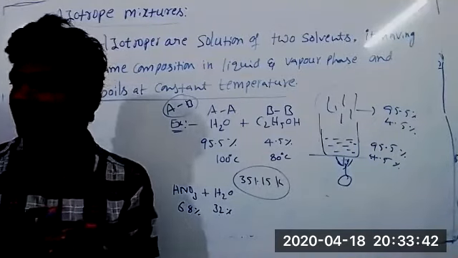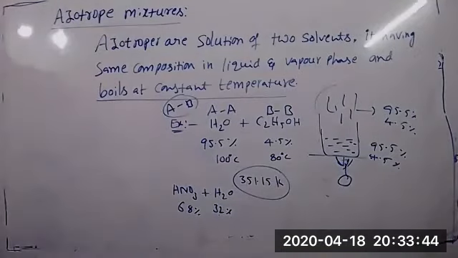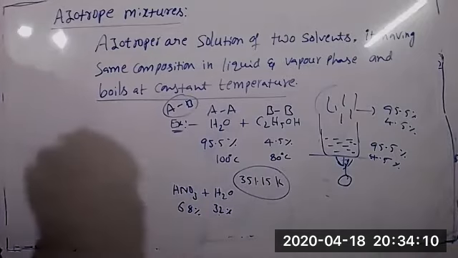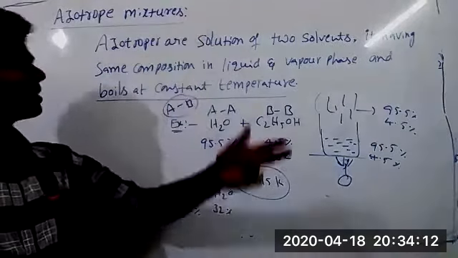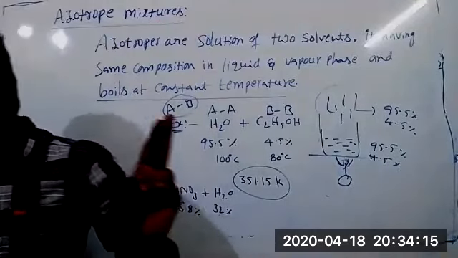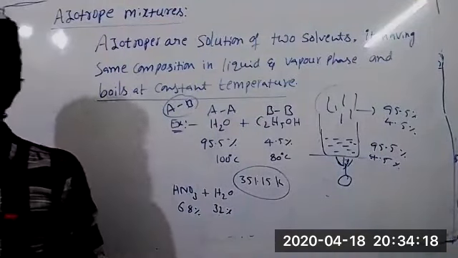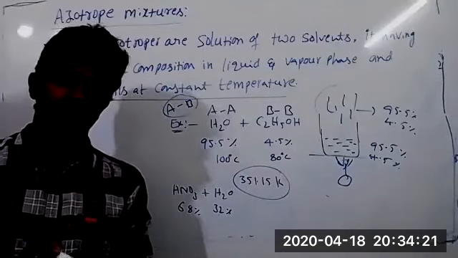Okay, sir. Any doubt here? Rachna, Ritesh, Banu, any doubt? Tejaswini, no doubt. Harsh, no, sir. Okay. So here, azeotrope mixtures are also classified into 2 types. First, as you may know right now, minimum boiling point azeotrope and maximum boiling point azeotrope. 2 types of azeotrope solutions are there.